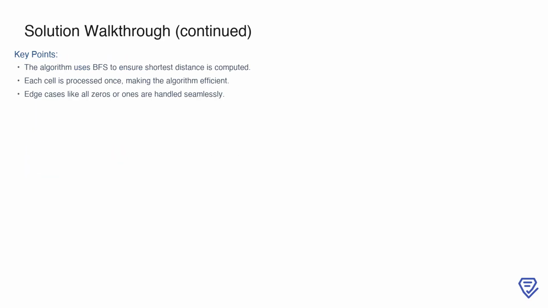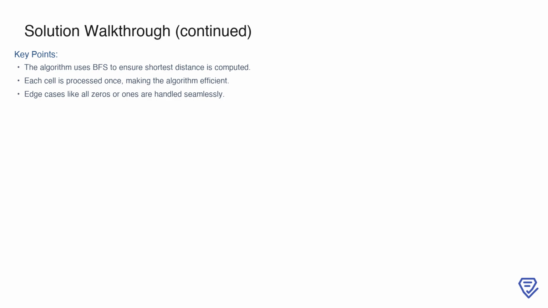In summary, the solution uses breadth-first search to calculate the shortest distance for each cell. By initializing all distances to infinity and starting from cells with zeros, we ensure that the calculations are efficient and accurate. Each cell is processed only once as its distance is finalized, making the algorithm efficient with a time complexity of O(m*n). Additionally, edge cases such as matrices with all zeros or all ones are handled seamlessly, demonstrating the robustness